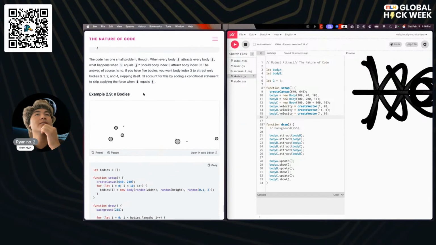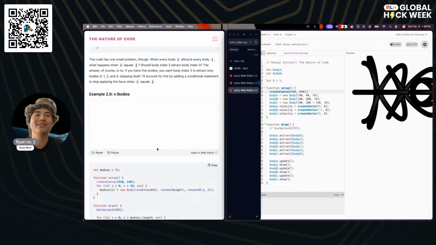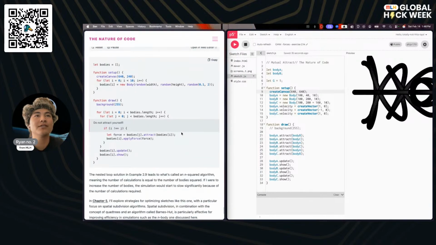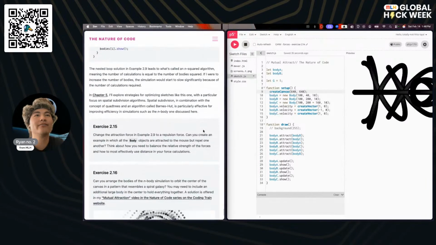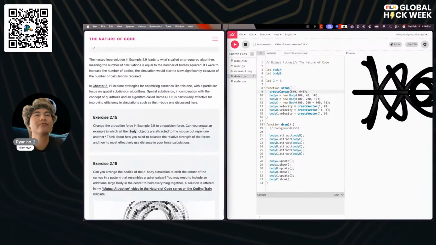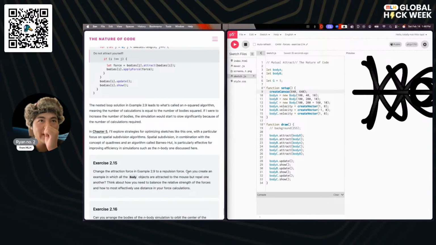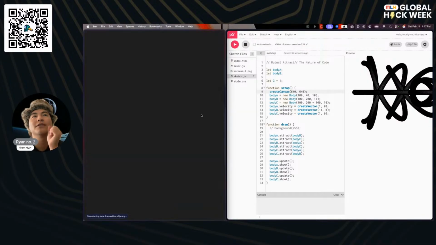Okay, I think this one is just for n bodies. This is probably just a reformatted version of this, where it's less focused on being pretty and choreographed, and having more random things. Let's just open this up.